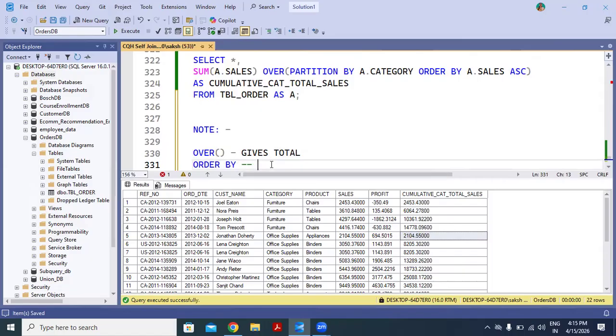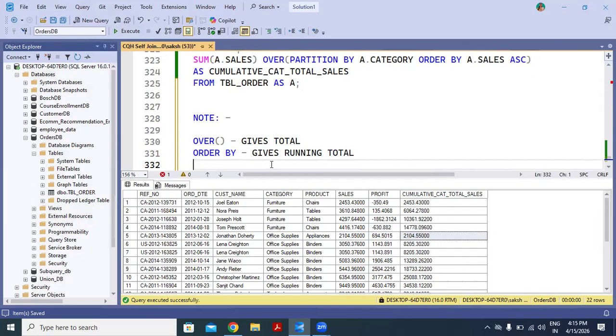It will give you the running total, and partition by gives you the group wise total. So it helps you to create separate windows for each category or each product, whatever you want.